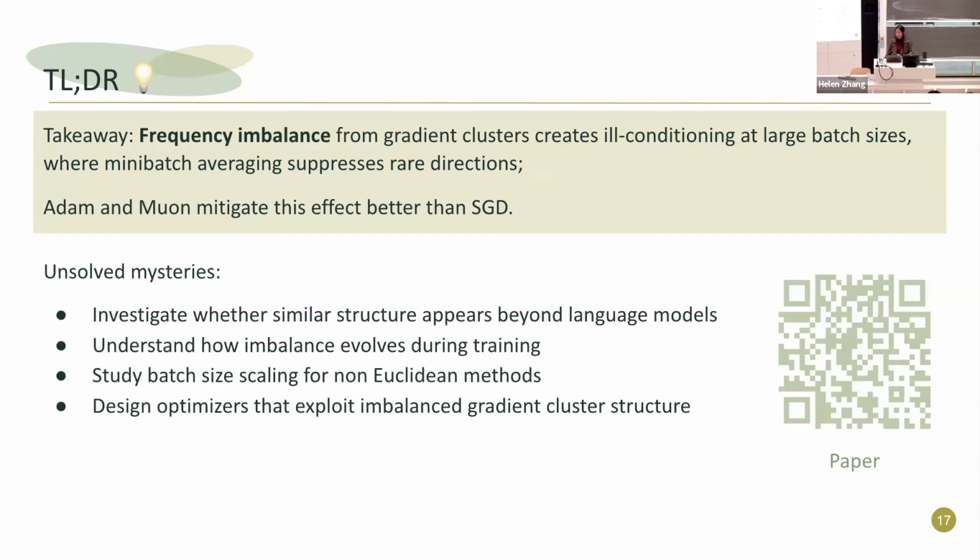With this information, there's a lot one can do, such as investigating whether similar structures can appear beyond language models, understanding how this imbalance evolves during training, at the beginning, middle and end of training, studying how batch size scaling works, or how the notion of critical batch size is defined for non-Euclidean methods like Adam. And maybe we can even design better optimizers that exploit this